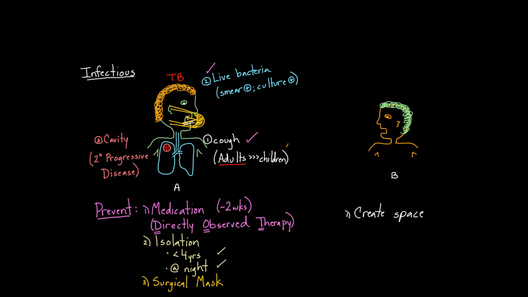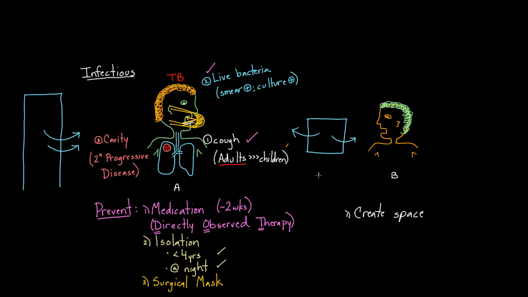Now, another key idea is think about what happens when someone passes gas or there's a horrible smell in a room. What are you going to do? Usually people are going to find the door, or maybe they'll open the door and let some air in. This arrow indicates more air coming in. Maybe there's a window here. They're going to open the window, let the breeze come in. Basically do whatever you can to dilute out that horrible smell.